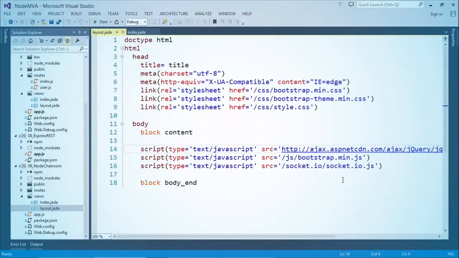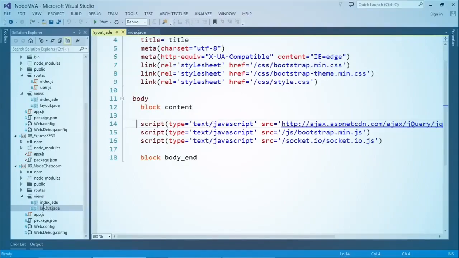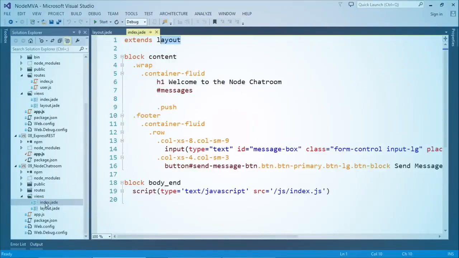And then we've also got the socket IO, right, which is what we need in terms of working on the client side. We'll talk a little bit more about that, but we need to include socket IO. This is where you might include all of those files that other templates are going to need to use again and again. So if I go into index.jade, and we only have 2 templates here, you can see we extend layout. It's basically going to get everything that layout Jade has, but there are places where we can replace if we need to. And so you can start to see this format in terms of all these items that are being written out. And some of these classes